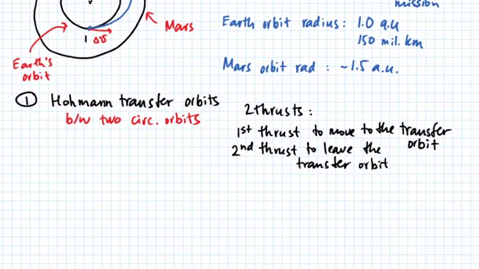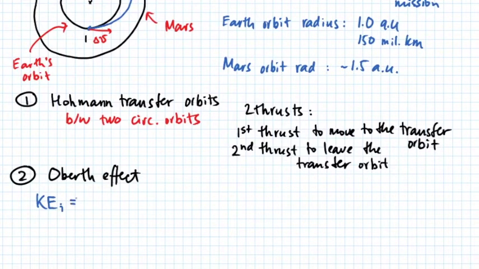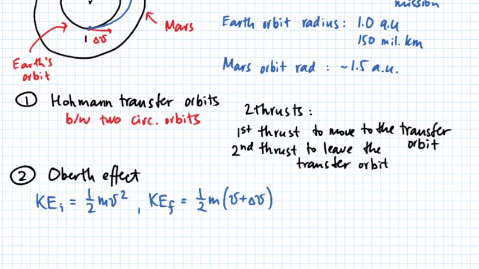Second is Oberth effect, which says use highest velocity of spacecraft to generate most kinetic energy gain from the rocket engine. For example, if the initial kinetic energy of the spacecraft is given by mv squared over 2, and the final kinetic energy is given by new velocity v plus delta v squared times mass over 2, where delta v comes from the rocket engine,